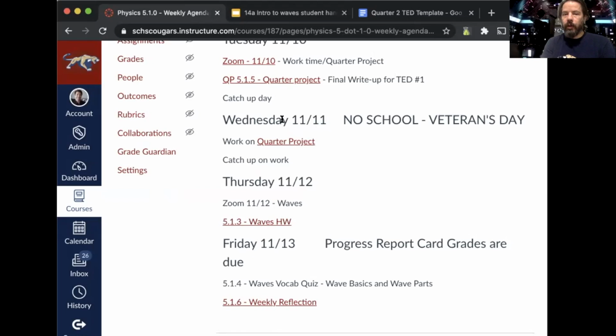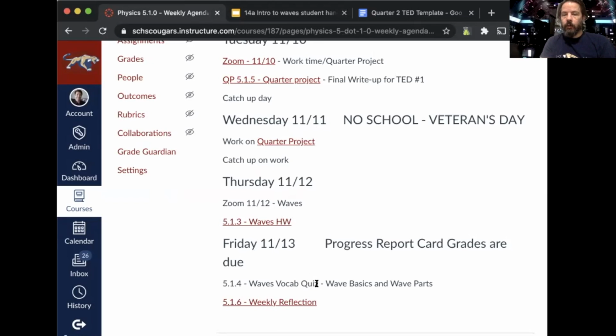So part of this whole thing though is, if you finish that and you're done, then you should be working on something you haven't finished. Okay, you should be catching up. That's the whole reason why this week is actually quite a bit lighter than what we've been doing, is to give you a chance to catch up. So make sure you're doing that.